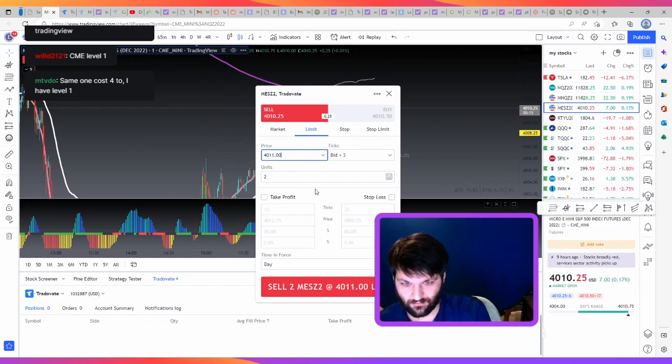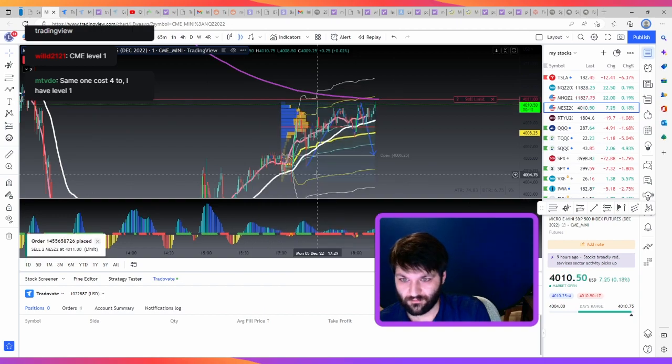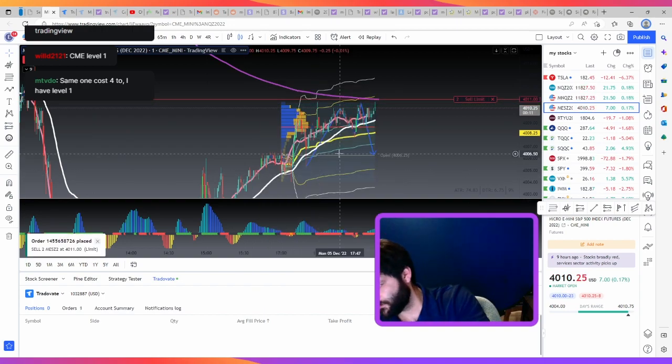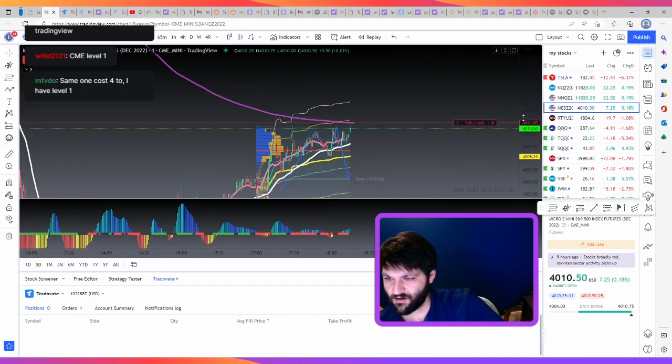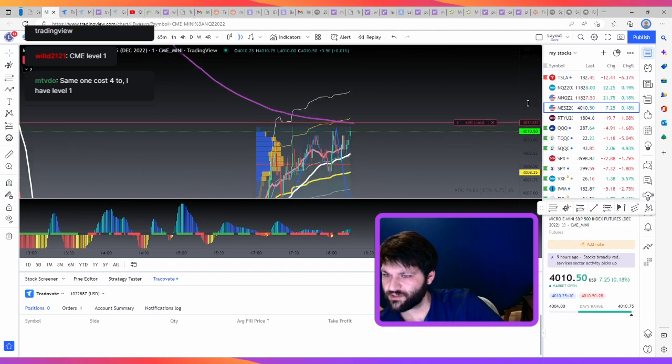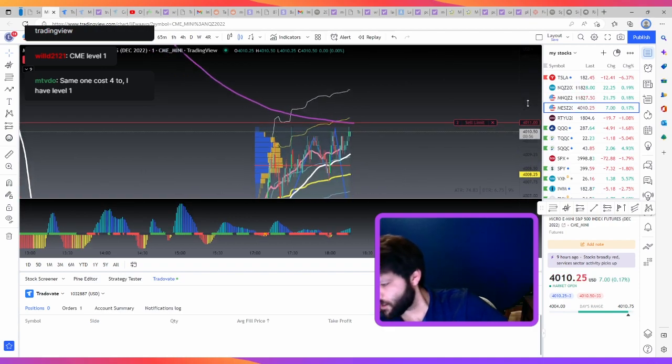At 11. And again, the reason I'm putting a short here is because this 200 EMA tends to be a turnaround area and turn us back in the other direction. So if we get our fill, we're only looking for like a $2 move, right? $2 is 20 bucks for two contracts, and that's how many I did for the short.